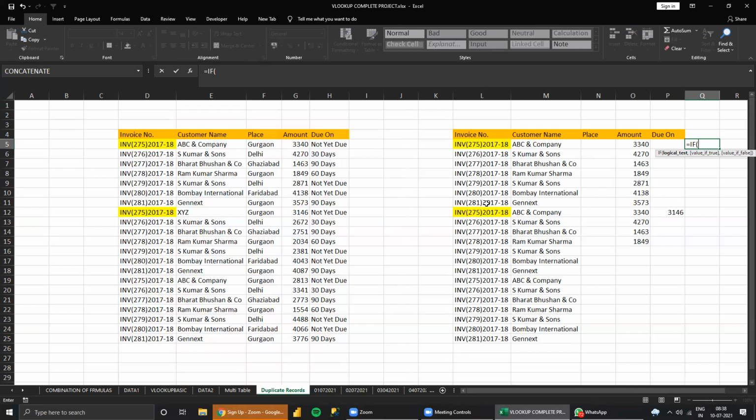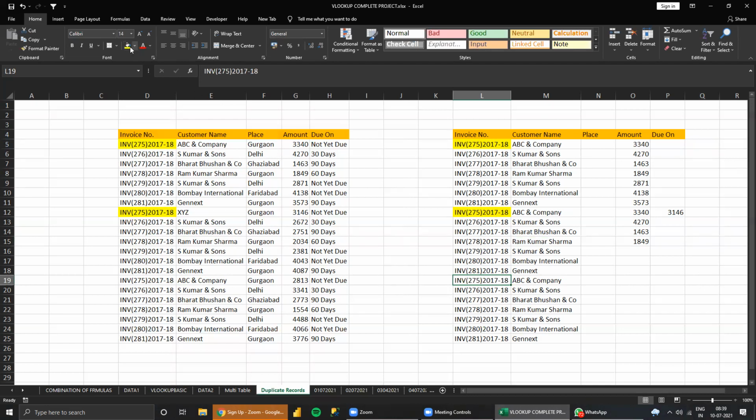But how can you recognize? You can read first, second, but you need to make the formula understand. Row number, sir? Can I give the row number? How do you know the second record's place? The first record may be somewhere else. See here, 275 is the record. Maybe not only one record, there may be two, three records, but still it should work. Sir, I think we can use COUNTIF here. Yeah. Good.